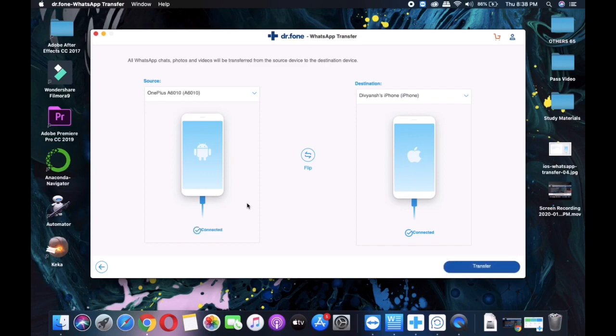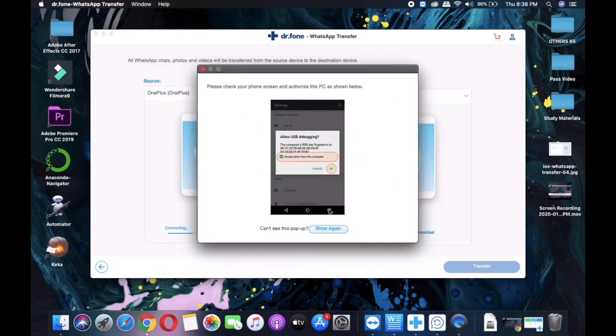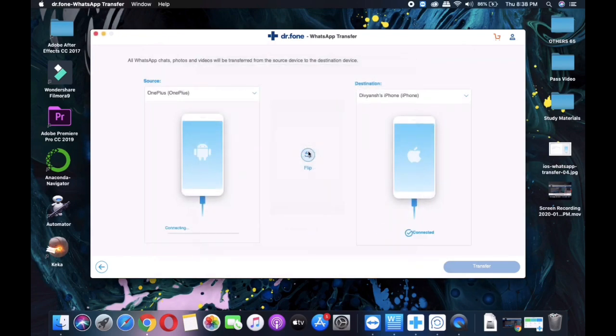When you connect your phone, you need to accept the permission of USB transmission on your mobile phone. Basically, it is asked on iPhone for this, and on Android you need to turn on USB debugging, and it appears automatically as you plug in your mobile using a data cable.